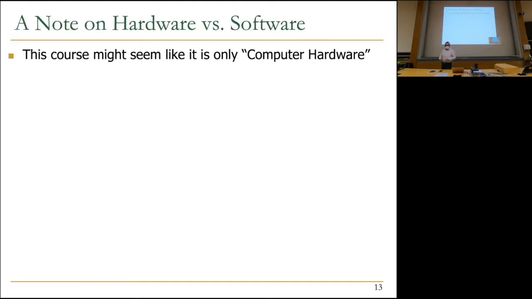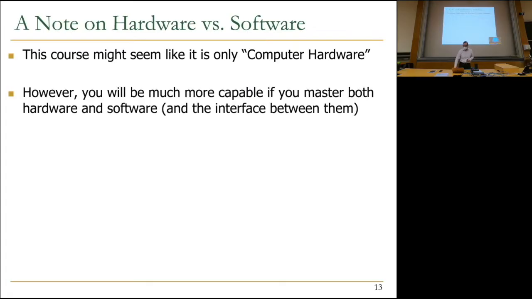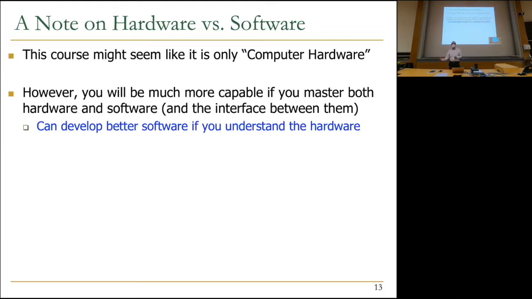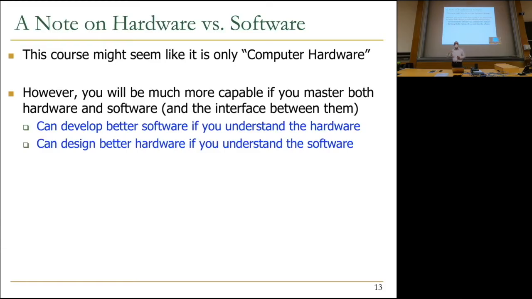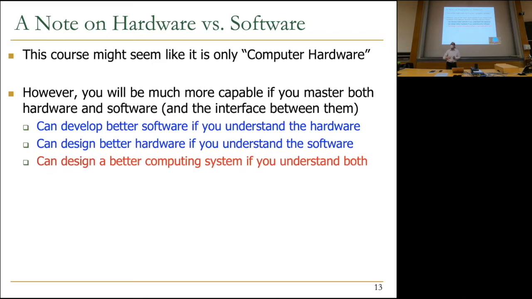Before we go on, I will also mention that this course might look like computer hardware. Hopefully, I've convinced you that that's not the case. It's not just computer hardware, right? Computer hardware affects everything today. You will be much more capable if you master both hardware and software, basically span across the stack. You can develop better software if you know what the hardware looks like and understand it. You can design better hardware if you know what the software may look like going into the future and design the hardware for it. And you can develop a better computing system if you know both hardware and software and whatever happens in the stack,